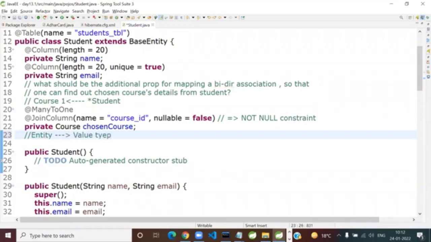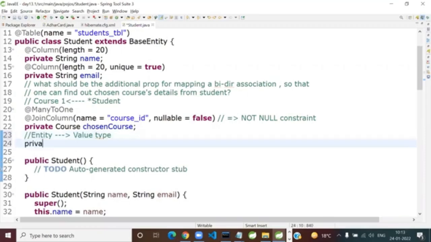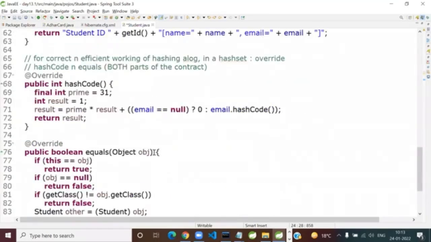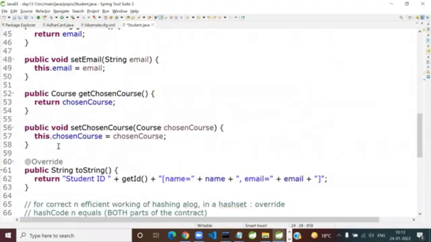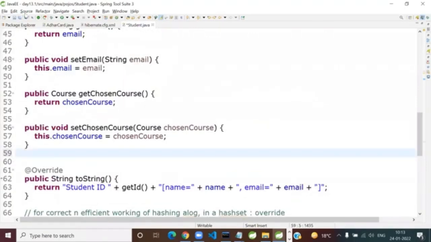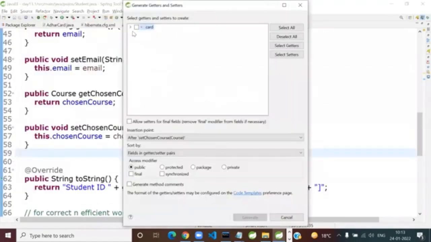Others, one-to-many between entity and value, after the break. So here, add this quickly. Private Aadhaar card. And I was wondering why it is not coming. So now this is sufficient. Of course, getters and setters. Please generate your getters and setters. Without that, Hibernate cannot achieve the persistence.